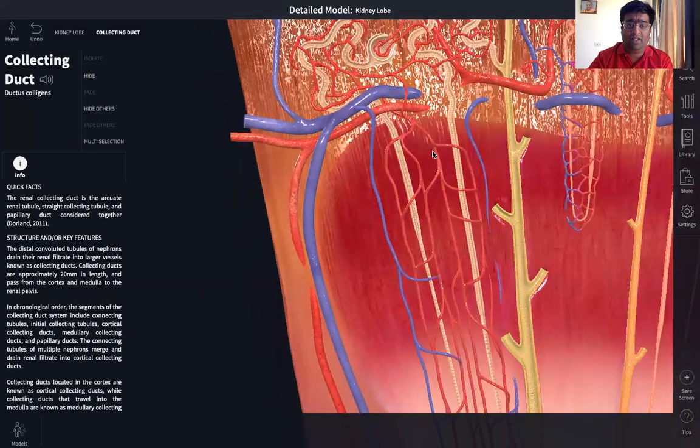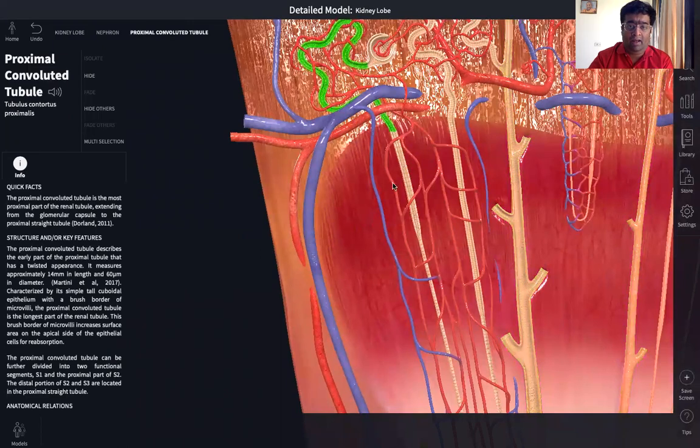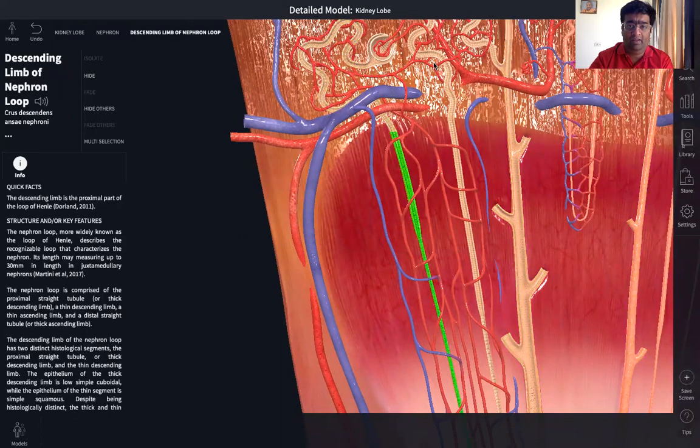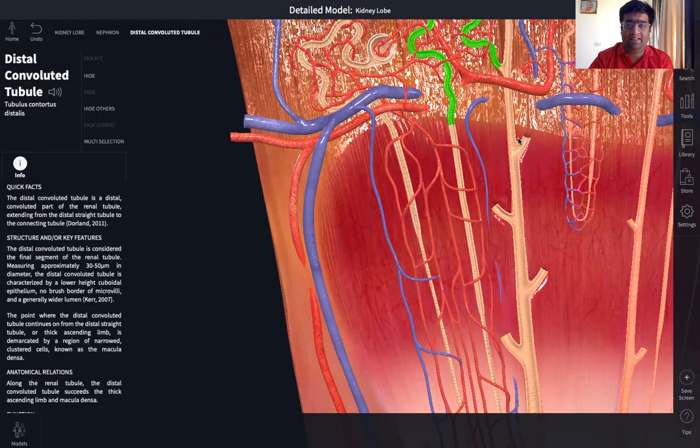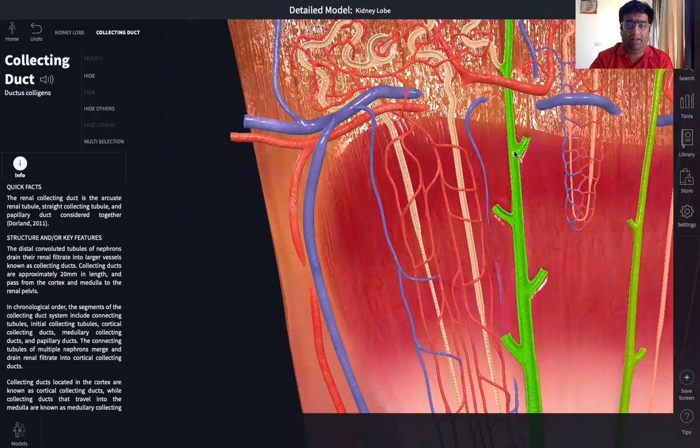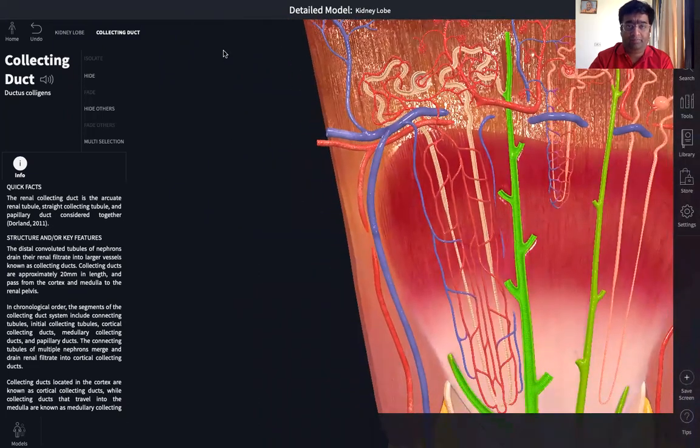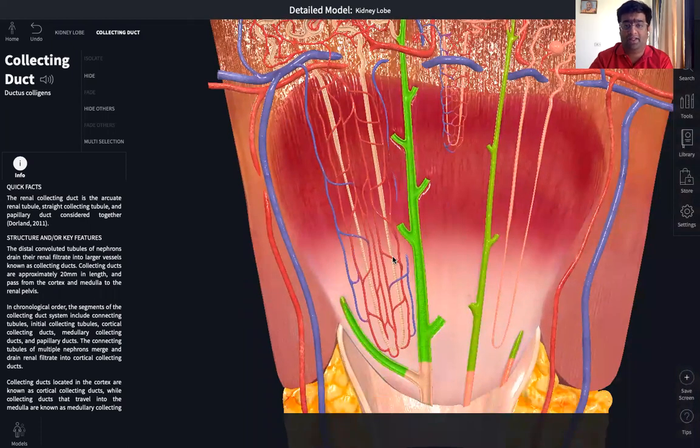So about 75% water is reabsorbed in the PCT, another 5% in the descending limb of the loop of Henle, about 15% from the DCT, and about 4% from the collecting duct. So overall, about 99% of water gets reabsorbed along with useful substances like glucose, amino acids, ions, etc. Because only selected substances are reabsorbed, this second step of urine formation is more appropriately referred to as the selective reabsorption. It is called the selective reabsorption.